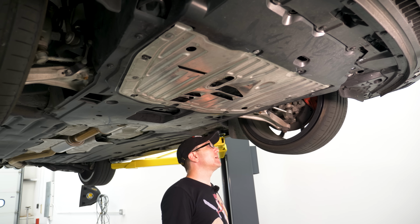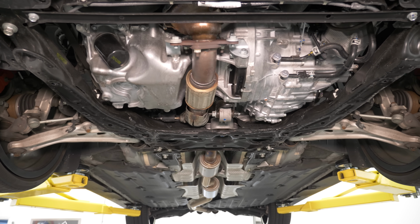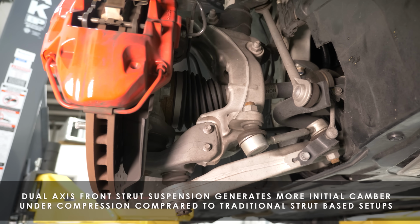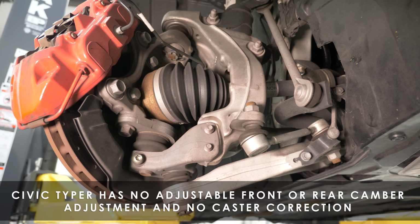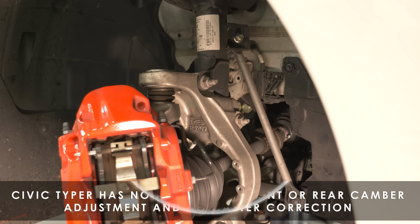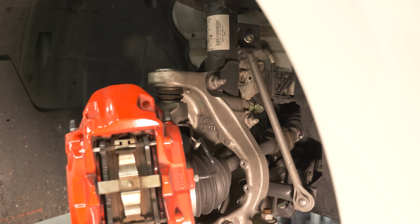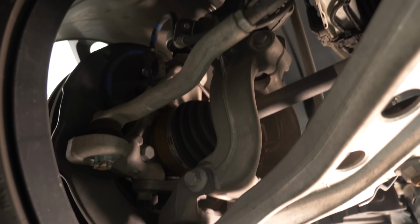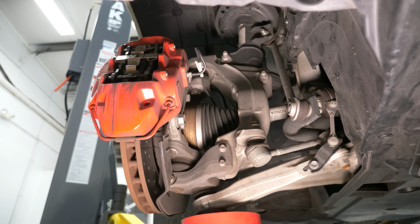When you look at this, everything's been changed. You have all aluminum here: aluminum lower control arm, hub, and knuckle, and then the knuckle design leads to a fork that is very reminiscent of double wishbone suspension. This fork attaches to the strut, and then the strut is a typical design all the way up, except it has adaptive dampers, which we'll go into in a bit. As you make your way around the suspension, as you can see as it pivots and compresses,